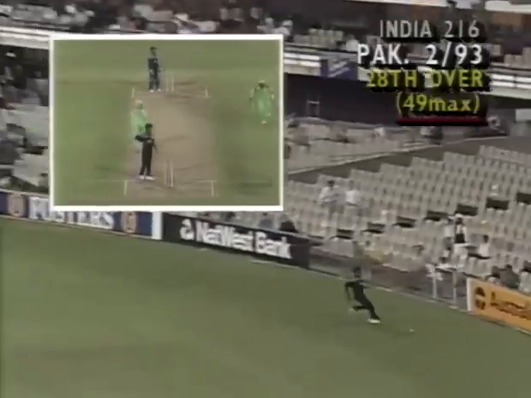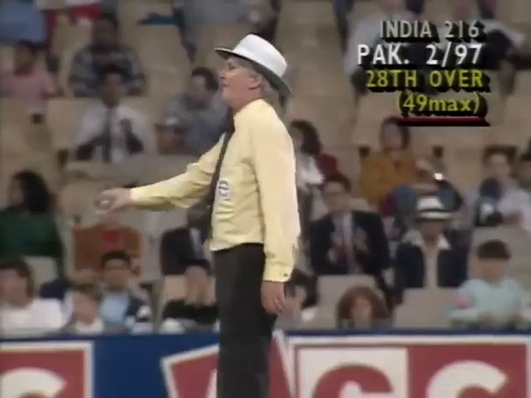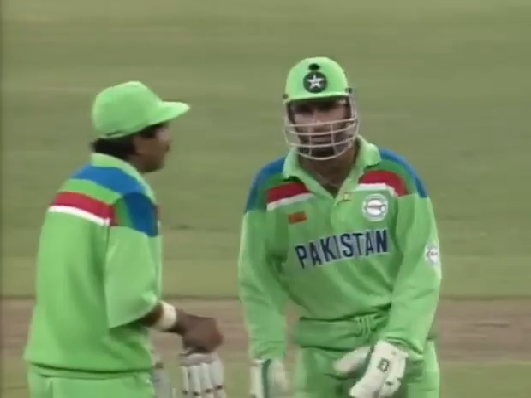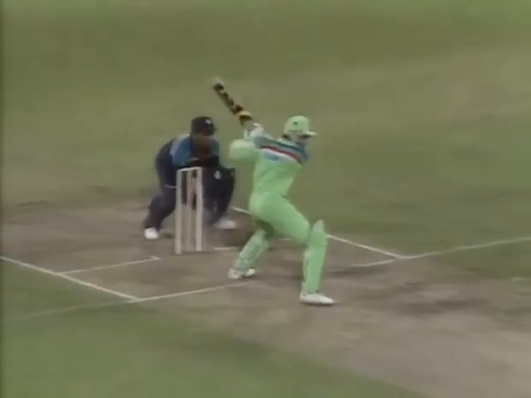Gives that a bit of a thump. And just enough to get it to the boundary. He really clubbed that one. As I said, he might not play shots out of the textbook, Sohail, but he's producing a good innings here for Pakistan. That was beautifully placed. Yes, he's not what you'd call a pretty player, but he's very, very effective. He was beaten past the outside edge on quite a few occasions at the start of the innings. Didn't worry him in the slightest.